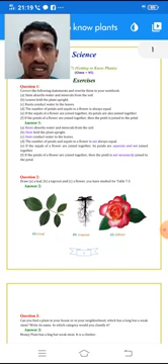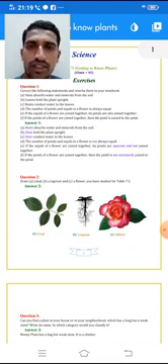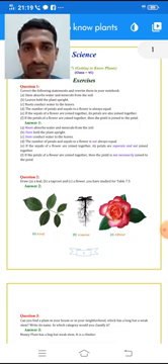E: If the sepals of a flower are joined together, its petals are also joined together. The correct statement is, if the sepals of a flower are joined together, then its petals need not be joined together. They are separate. F, the last one: If the petals of a flower are joined together, then the pistil is joined to the petal. If petals of any flower are joined together, then the pistil is not necessarily joined to the petal.